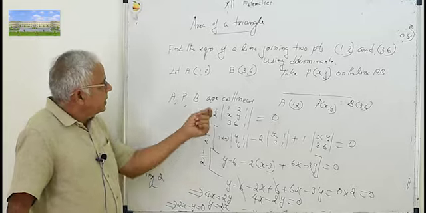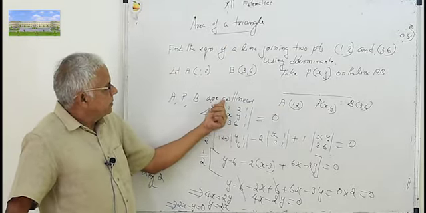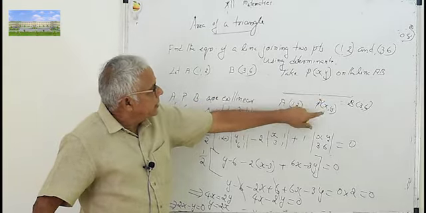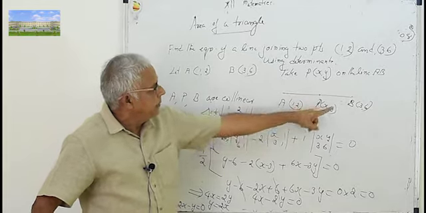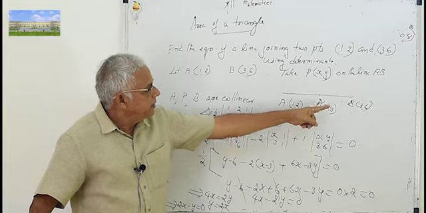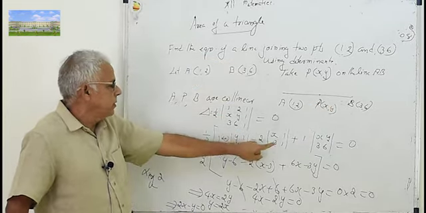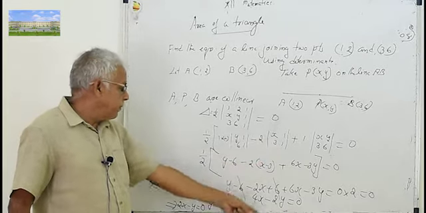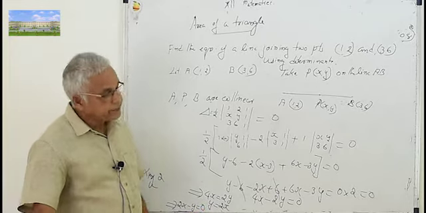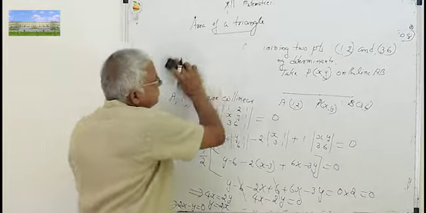Using determinants, A and B are 2 points given. We take P (x, y) as a point on the line AB. Then A, P, B lie on a line, they are collinear, then the area is 0. Then using determinant form, find the equation of the line joining 2 points. We do another problem.